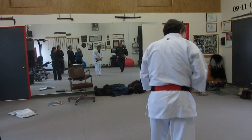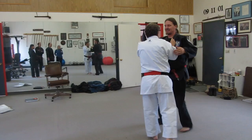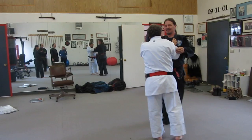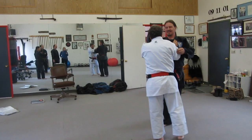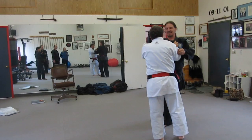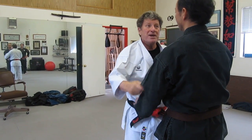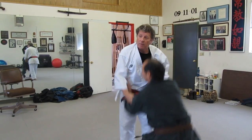The thing I like about this drill, you'll probably start off watching the feet. That's okay. 1, 2, 3, up, and. Well, I got to get him on the downward stroke. It's all negatives. 1, 2, 3. Got to get him going up. Okay. 1, 2, 3, up, and let his own weight take him down. And all I did on this downward move was stay center. I basically did this technique to him here. So when I got him up and I went down, I just laid my hands